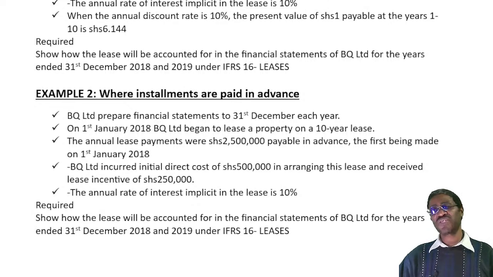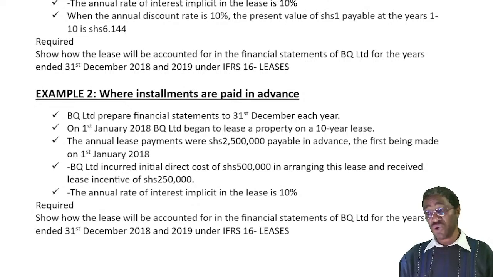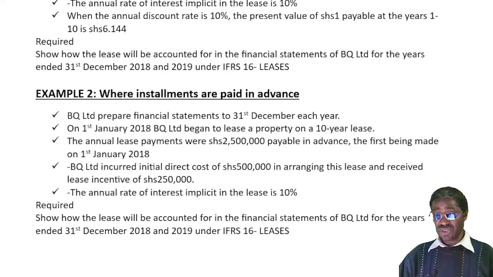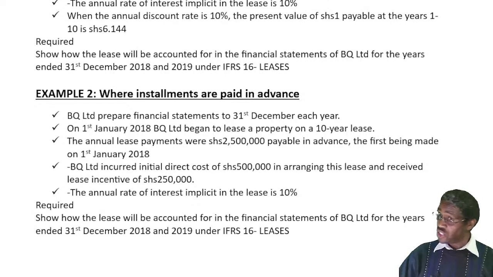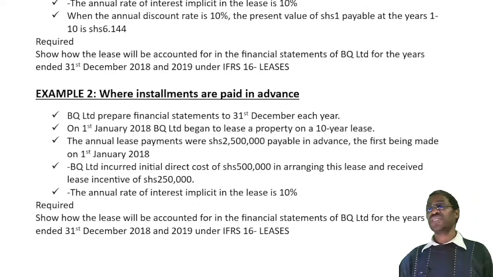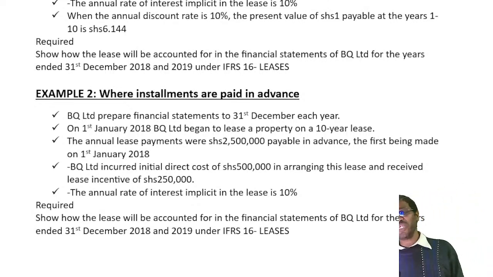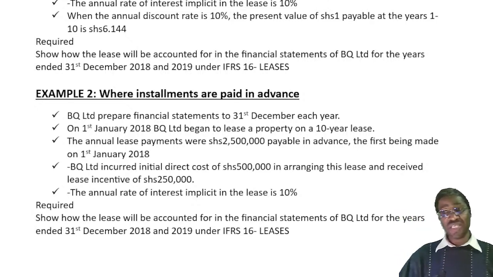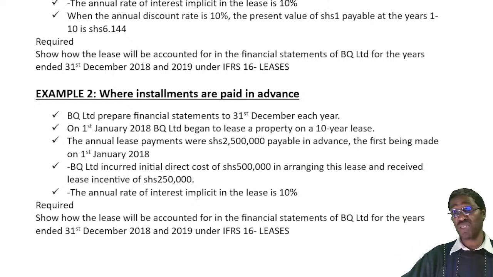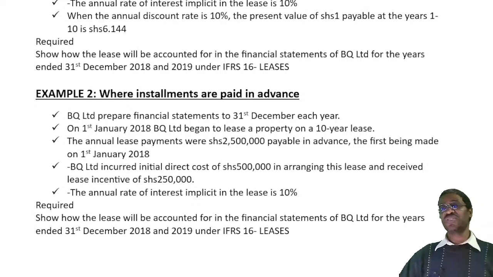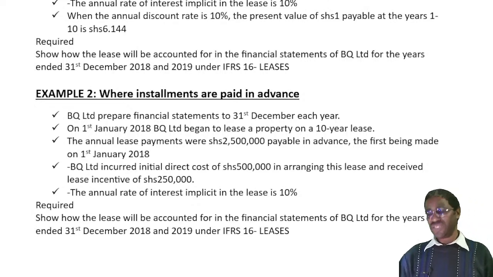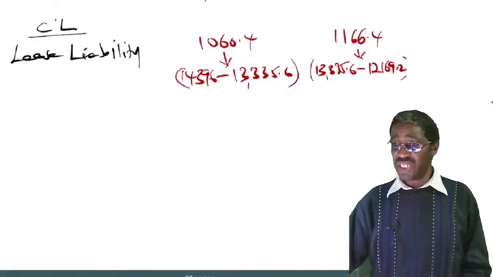So let's do next time the second example where we are paying our installments in advance. Okay? Don't forget the computation of the liability will change. Because this time you are paying in advance. There is a first installment you are paying day 1. Okay? Good. Fine. Let's stop there for today. We pick it up from there.